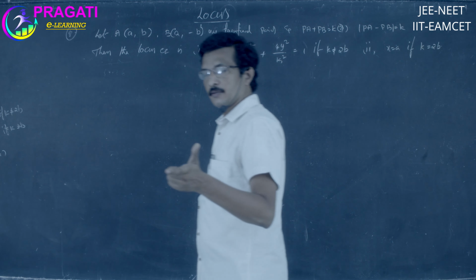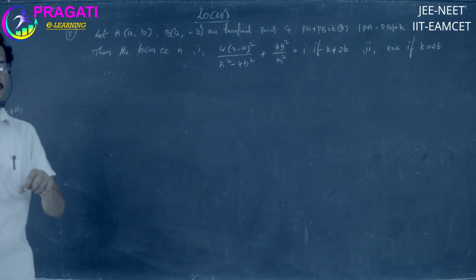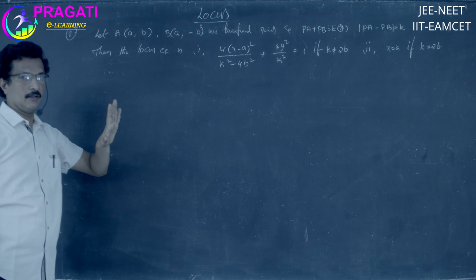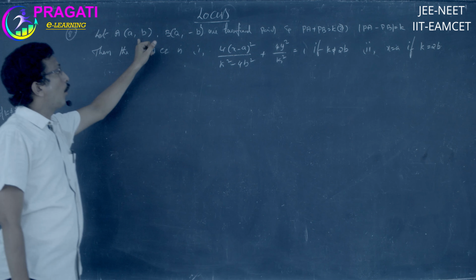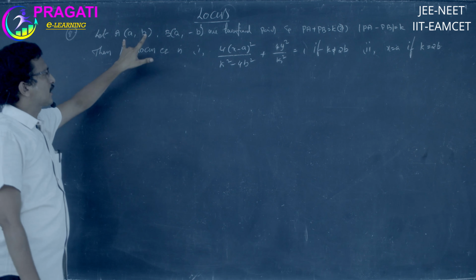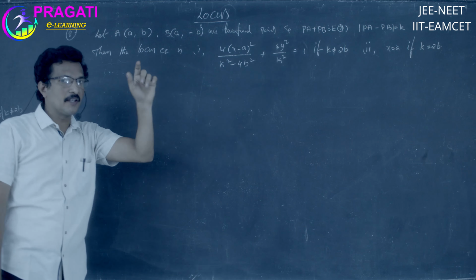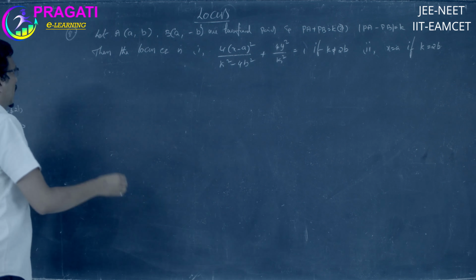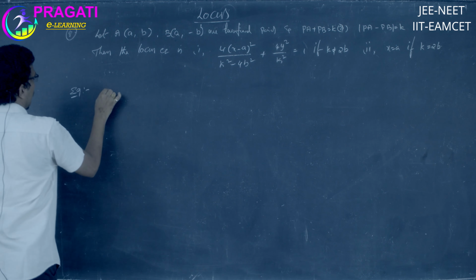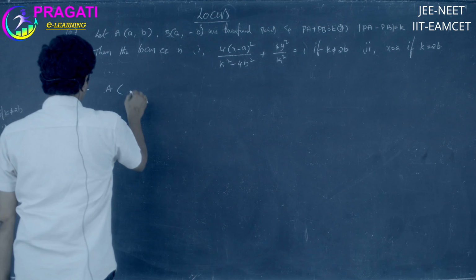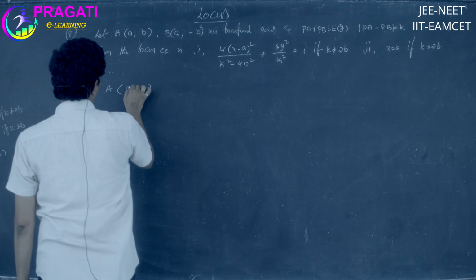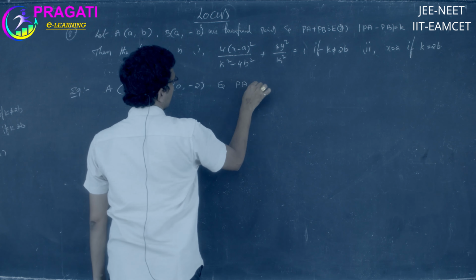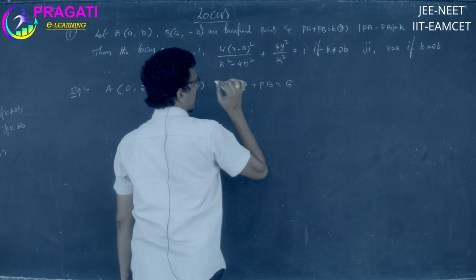Here, compare the previous synopsis and this synopsis. In the previous synopsis, the points were (a, b) and (minus a, b), where the y coordinates are the same. In this synopsis, the x coordinates are the same and the y coordinates have changed sign. Here one point is (a, b) and another point is (a, minus b). One example: A is (0, 2), B is (0, minus 2), and PA plus PB is equal to 6. Then